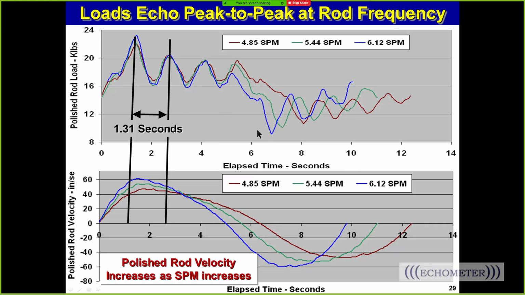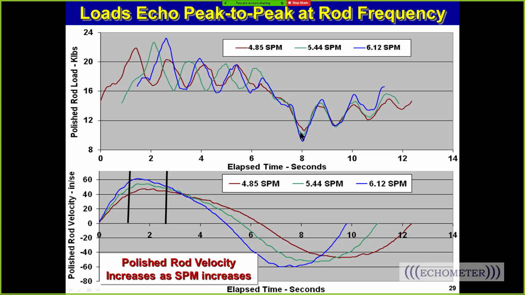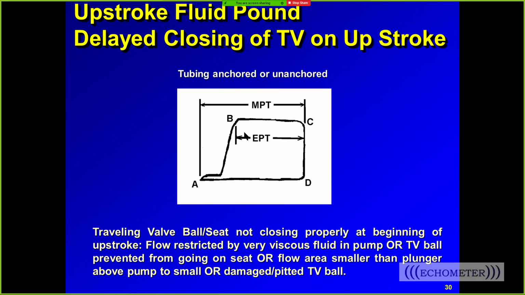So if I look at the downstroke, these lines don't line up. But if I line the minimum loads up and shift them, then the minimum loads line up. And again, notice the blue curve has the fastest speed. It has the lowest minimum load. Okay, so that's the impact of increasing pumping speed. You have higher peak loads and lower minimum loads, and you get more overtravel. All right, now